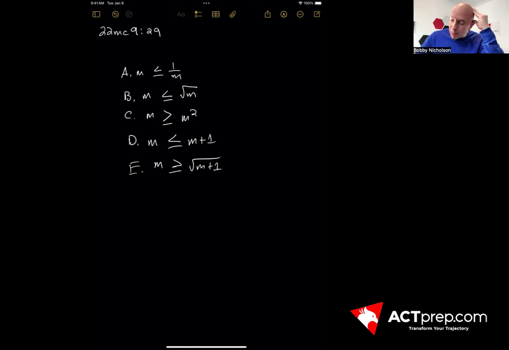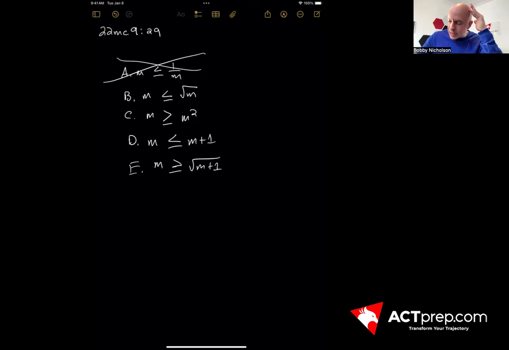All right, so if we put in 1 for A, it will just come out to 1 is less than or equal to 1, which is true. So let's just try 2, which is going to be 2 is less than or equal to 1/2, which is not true. So we can eliminate answer A. Answer B,